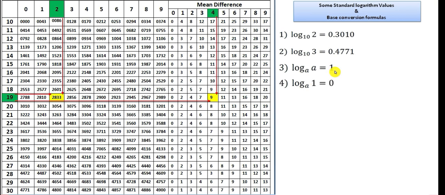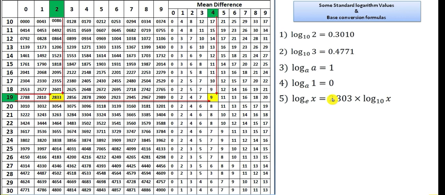The next formula is log base a of 1 equals 0. Again you can use the definition to find the answer. Here someone is asking you log of 1 base a equals how much, meaning actually he is asking you a to the power how much equals 1, and obviously we know anything to the power 0 gives you 1. So, a to the power 0 equals 1. So, I can write the value as 0 here.